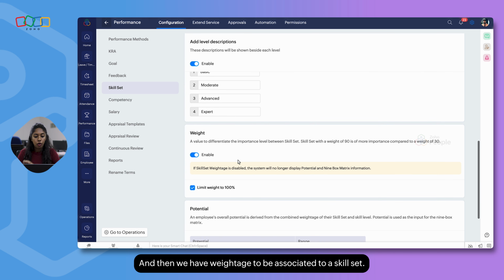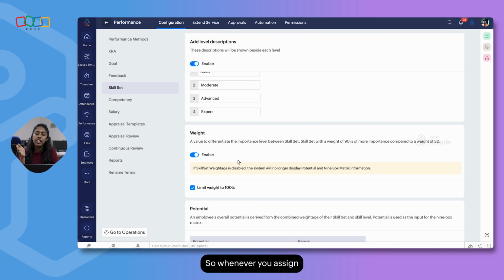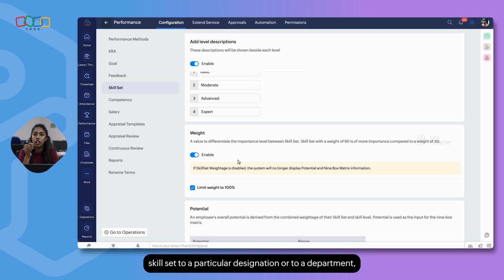And then we have weightage to be associated to a skill set. Whenever you assign a skill set to a particular designation or to a department, we had an option to mention a weightage to be associated with a particular skill set. If you don't want this weightage option, you can disable it over here.